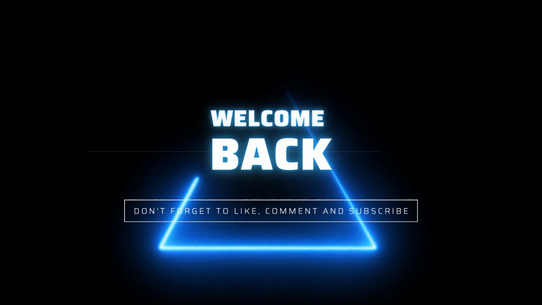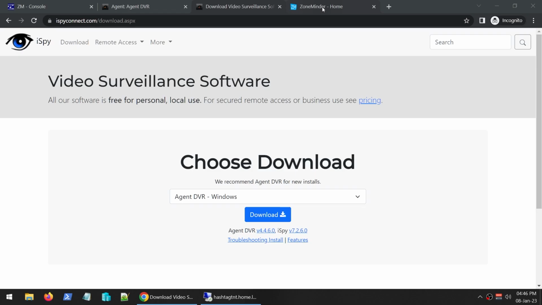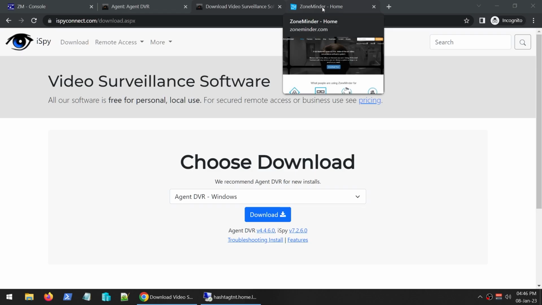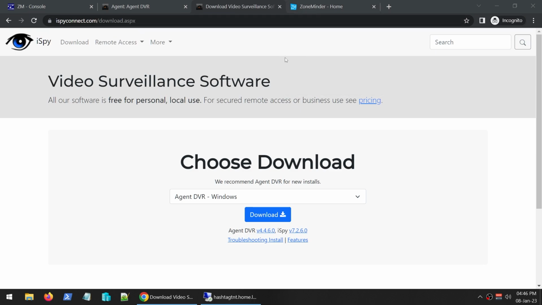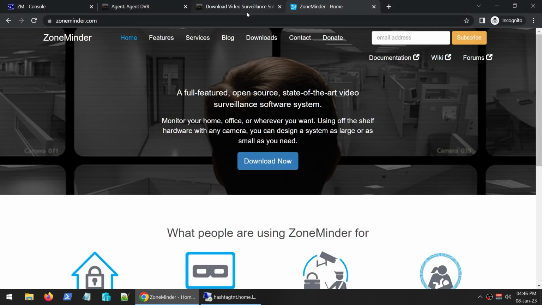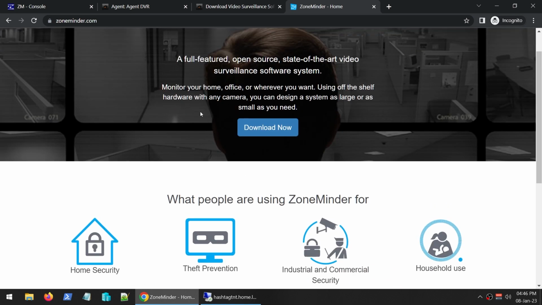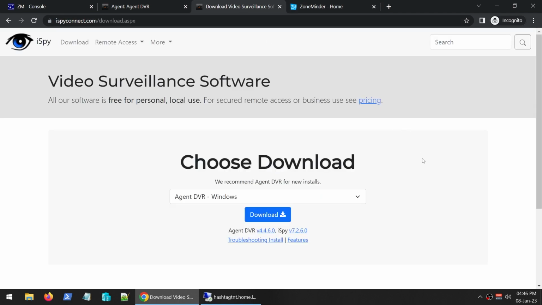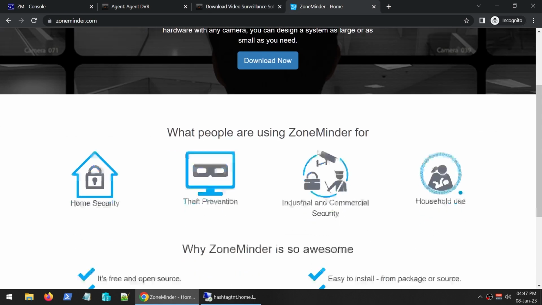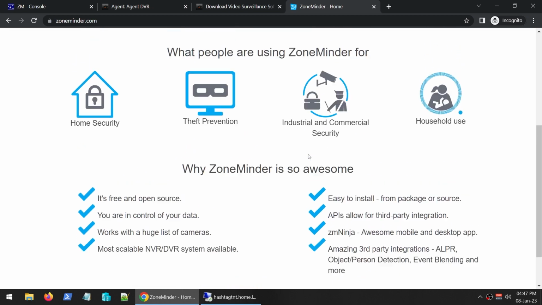Welcome everyone. In this session, I'm going to talk about the two free softwares that I've been using for DVR. I have a bunch of security cameras that I wanted to put online, keeping them away from cloud storage and whatnot. I wanted to use something in-house on one of my machines that I have running a hypervisor for my virtualization needs. I had tried ZoneMinder a few years back, about 2, 3 years ago, and I thought